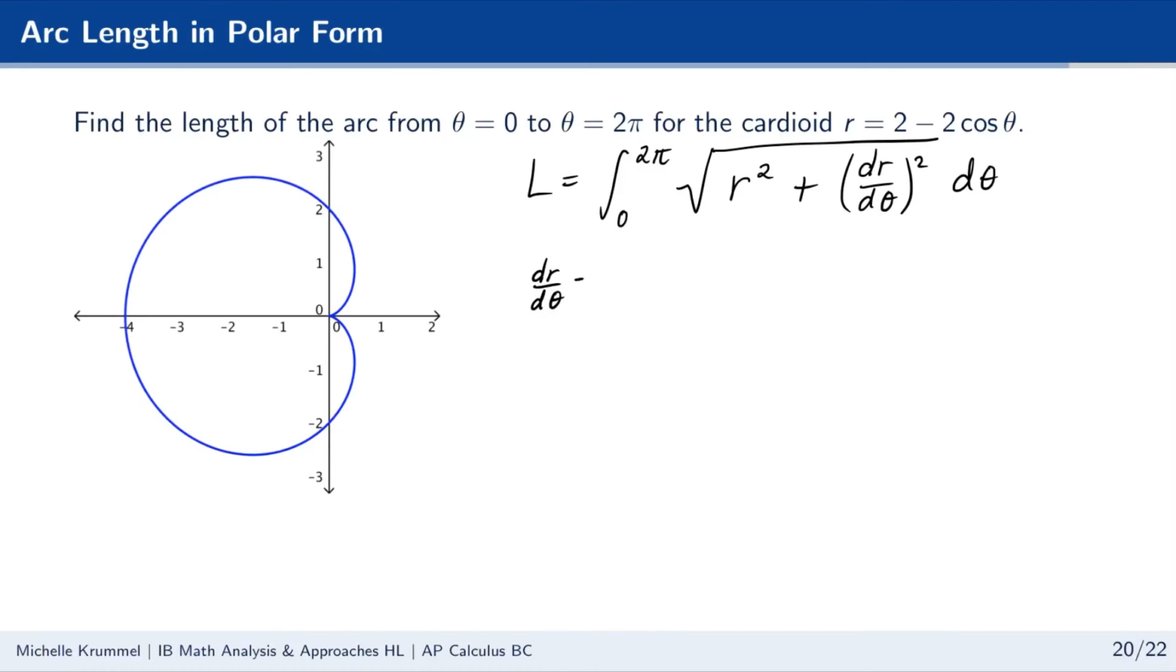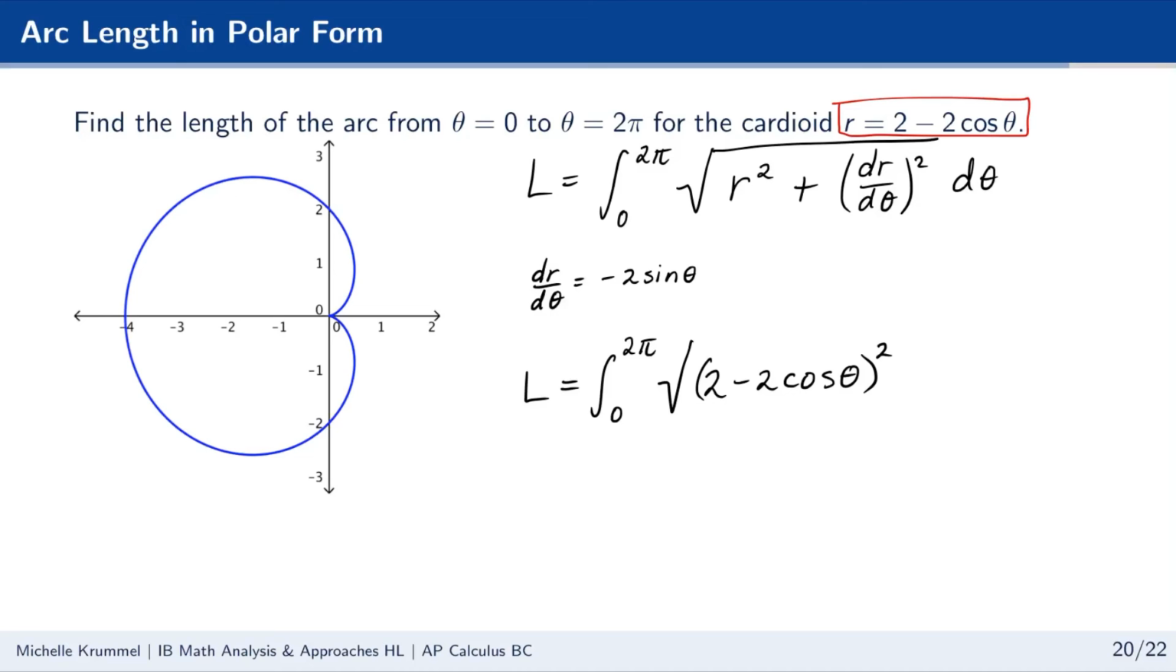dr/dθ will just be the derivative of this r equation that we have up here. So the derivative of 2 is 0. The derivative of negative 2 cosine θ is negative 2 sine θ. So our arc length is the integral from 0 to 2π of the square root of (2 minus 2 cosine θ, that's my r, so that needs to be squared) plus (negative 2 sine θ) squared